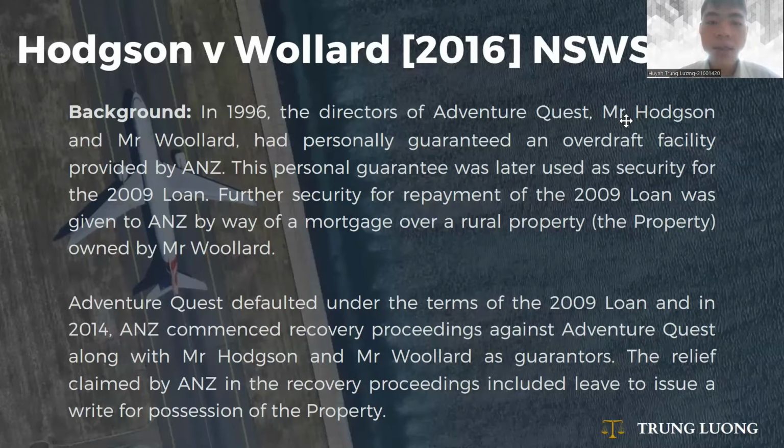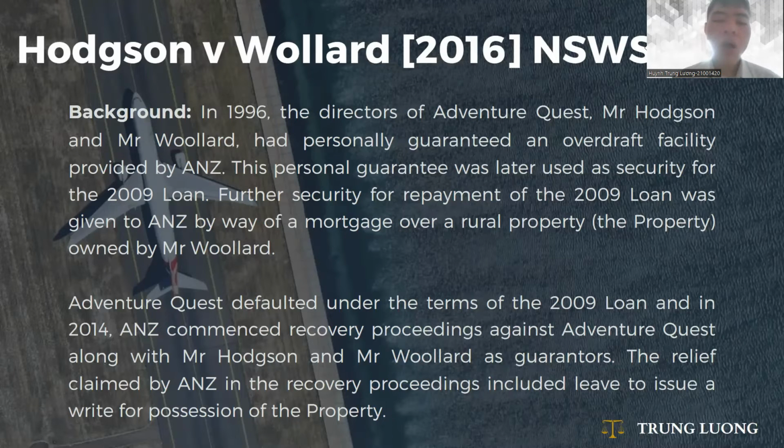To fully understand this case, we have to date back to 1996, when the directors of Adventure Quest, Mr. Hodgson and Mr. Waller, personally guaranteed overdraft facilities provided by the ANZ. This personal guarantee was later used as security for the 2009 loan. Further security for the repayment of the loan was given to ANZ by way of mortgage over a rural property owned by Mr. Waller. Adventure Quest defaulted under the terms of the loan, and in 2014, the ANZ commenced recovery proceedings against Adventure Quest